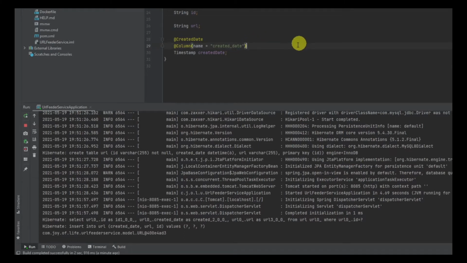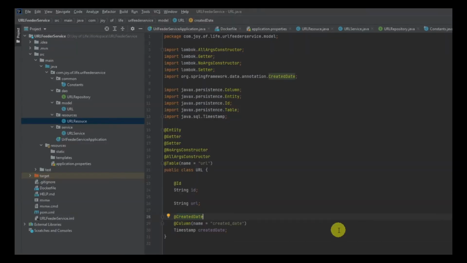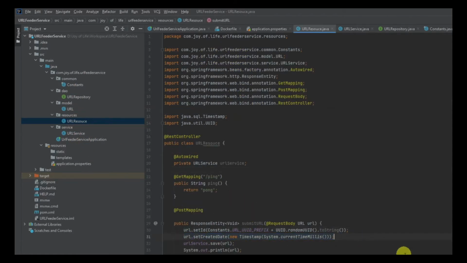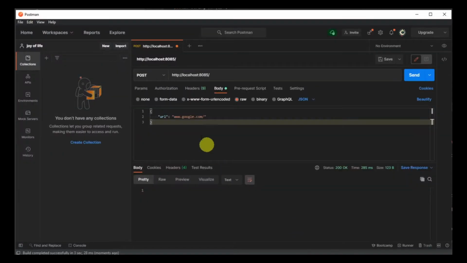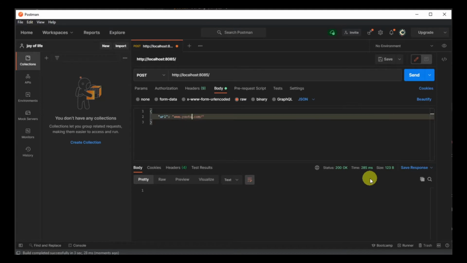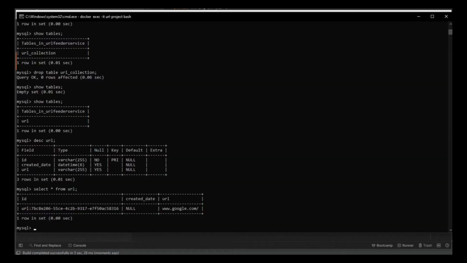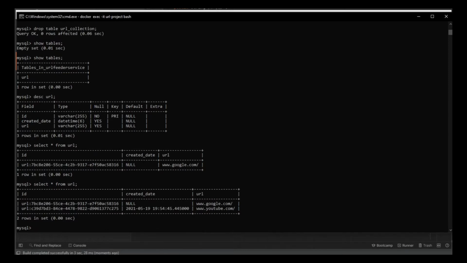So let's first fix the created date problem that we have. We will not use this created date for now, and what we'll do is we'll change in our resource class as well, and we'll set the created date for now. So we have added back the created date, and let's redeploy this and try to insert some more data into it. So let's go over here and let's put YouTube for now and try with that. So we got a 200. Okay, that means there was no error. So what we'll do quickly is we'll just do a select star from table and we see that we have the created date this time, right? So we are good for now.